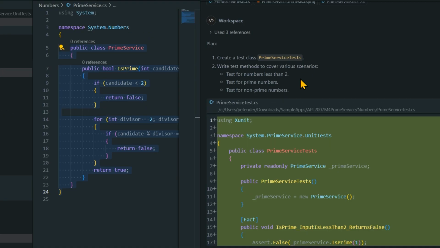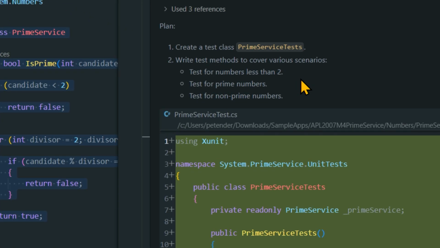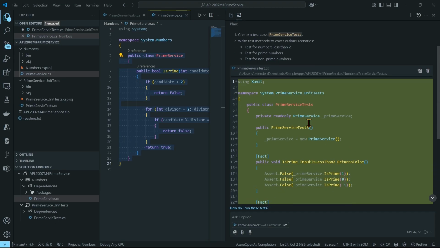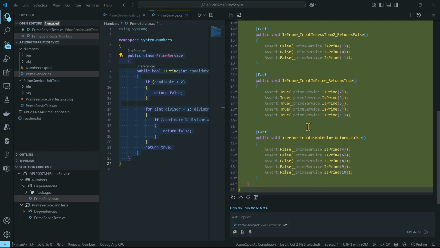Writing some test methods where it's now testing for a few different scenarios, testing for numbers less than 2, testing for prime and non-prime numbers. Looks pretty complete to me, actually quite powerful that it came up with those options. And then obviously the key part for you as a developer is seeing the actual code, what is getting added